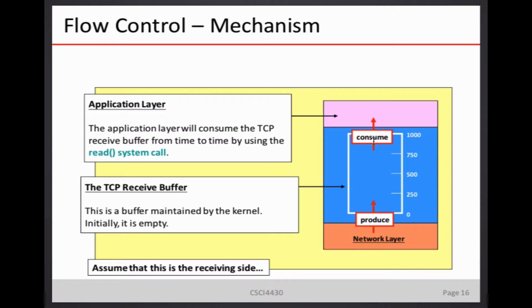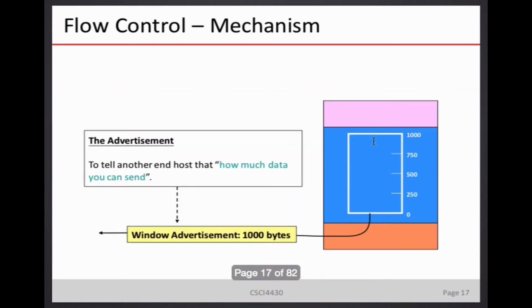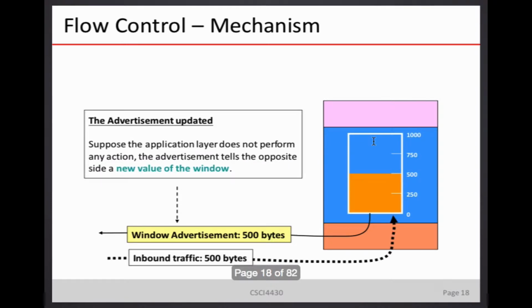Now, how can I block the producer? Very simple. First of all, in the three-way handshake, we already advertised that our window is 1,000 bytes, and the other side will respect my field here. But how can I keep telling the other side that I have less and less buffer? The way is very simple. When I have inbound traffic, incoming traffic of 500 bytes, I will consume 500